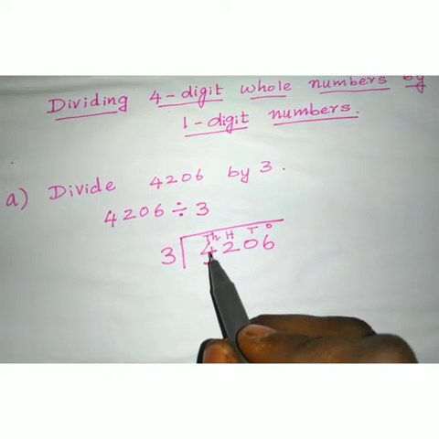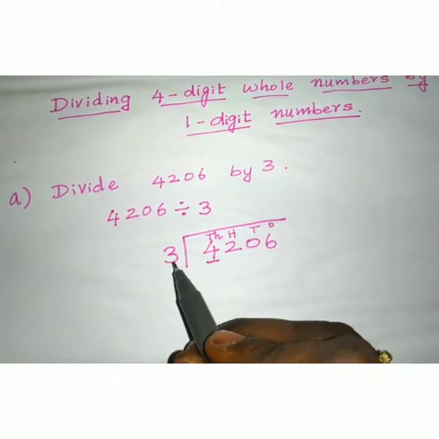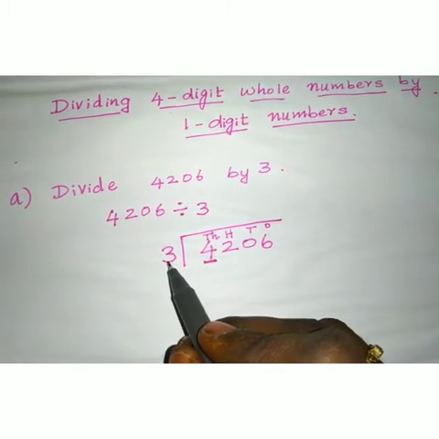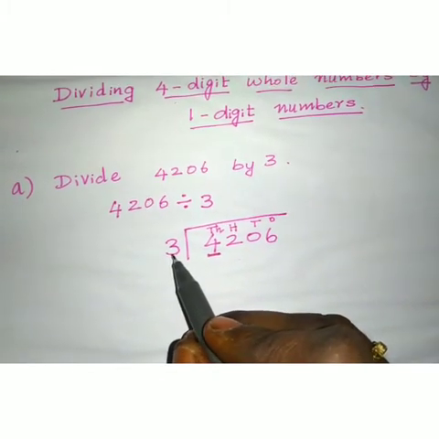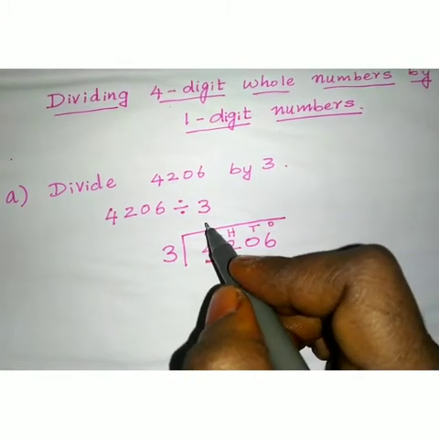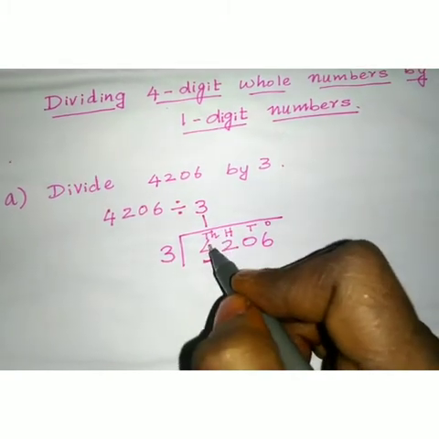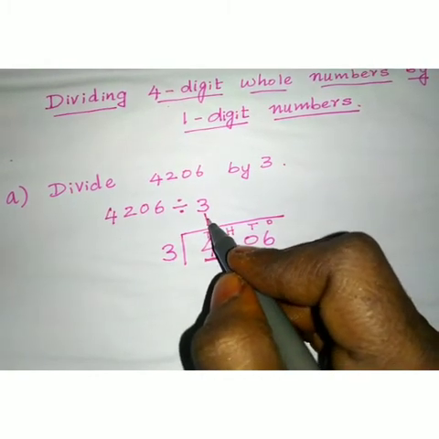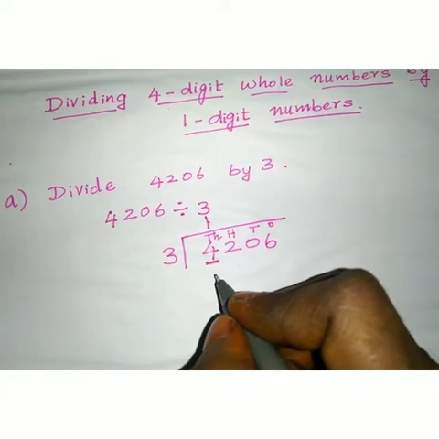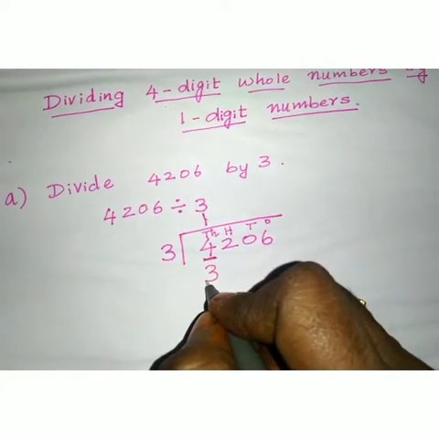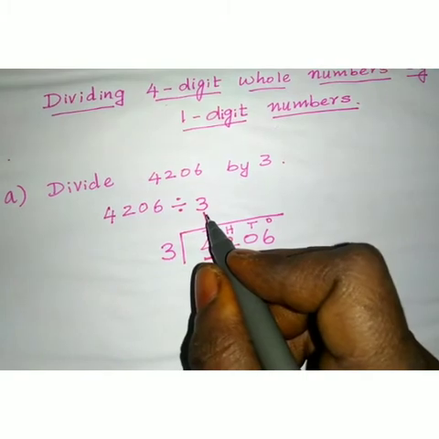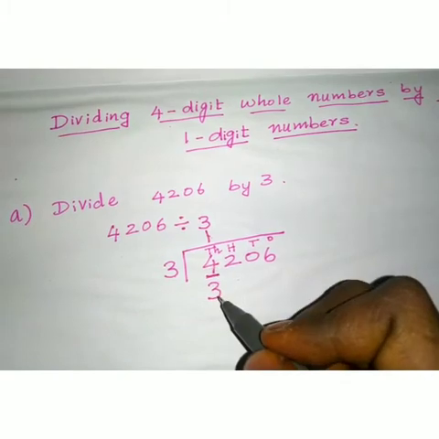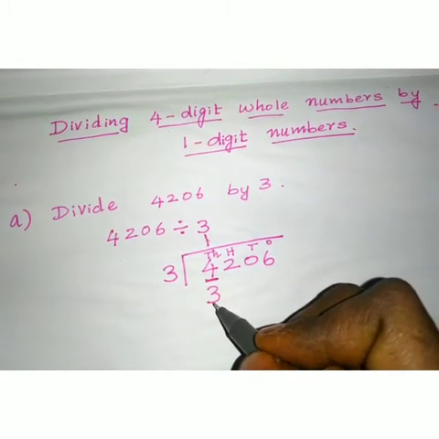Hope you are clear. Now, in thousands place 4 is greater than the divisor 3. So you have to start with the single digit. Say the table, 3 table. You have to do multiplication table here. 3 ones are 3. So you have to write 1 above thousands place, because we are considering thousands place. If you say 3 twos are 6, 6 is greater than 4. So you should not write the value which exceeds 4.